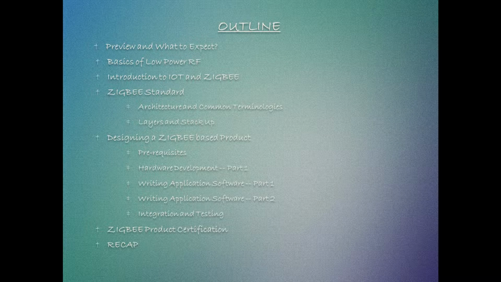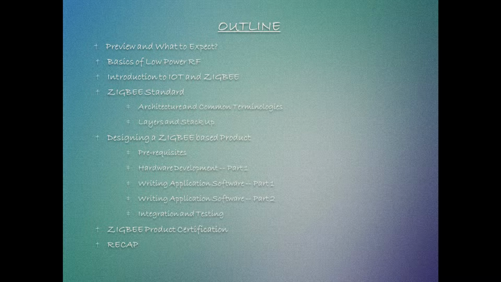So before we begin with the course, let's have a look at the structure and outline of this course. First things first, I'll brief you on what you should and should not be expecting from this course. I have split this course into 3 stages overall. Each stage, as we progress, makes you more aware and capable of defining, designing, and finishing a product based on